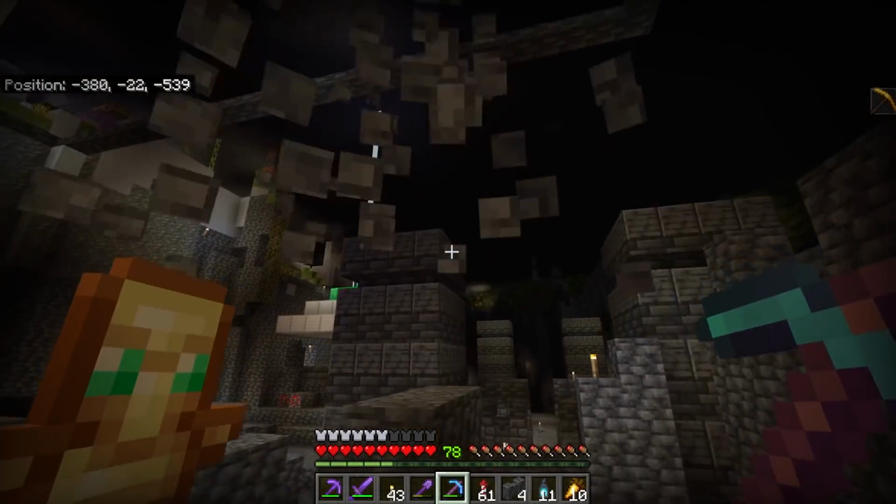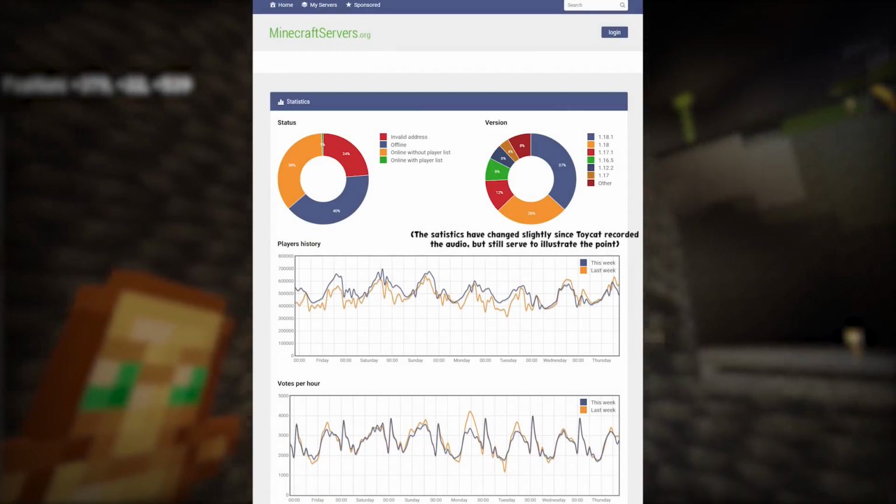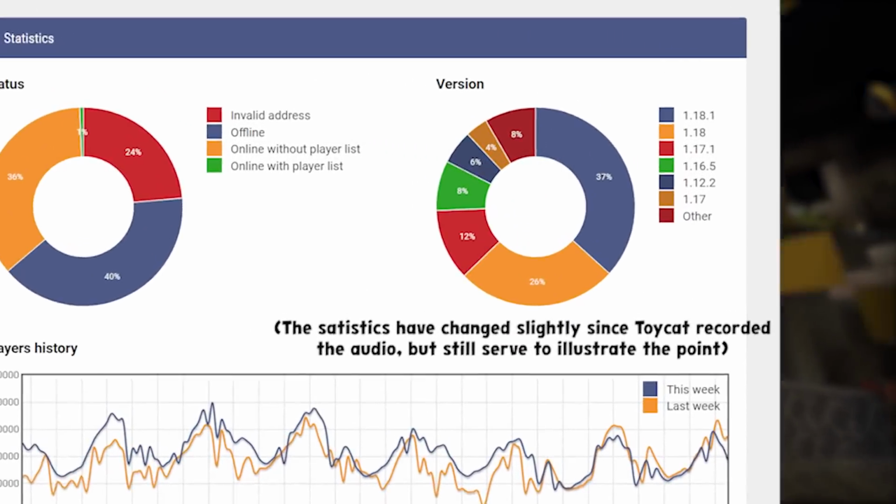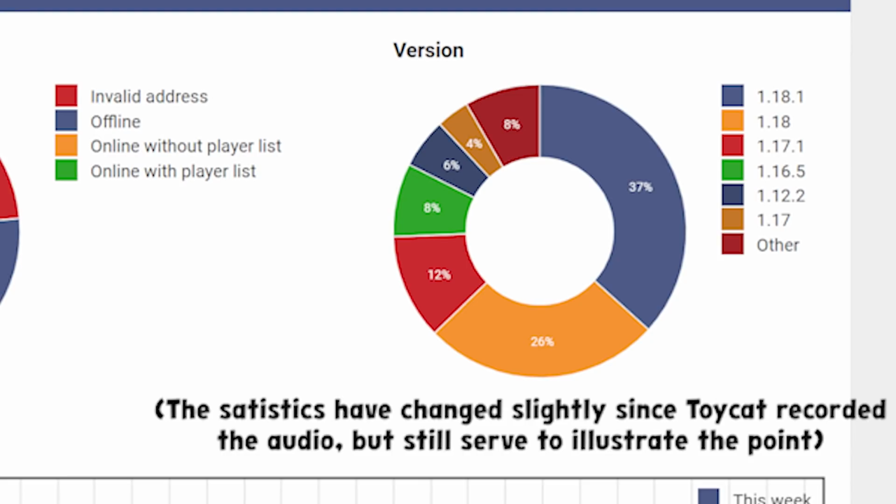But if you look at these stats, which come in from minecraftservers.org, as you can see, of the Minecraft servers, the majority have not updated from 1.18 to 1.18.1, which is fascinating on its own level, but also there's 17% of servers still playing on 1.17, and then there's also 9% playing on 1.16, and a significant number of servers playing 1.12 or before. That's right, there are Minecraft servers that have not updated in the last 5 years,